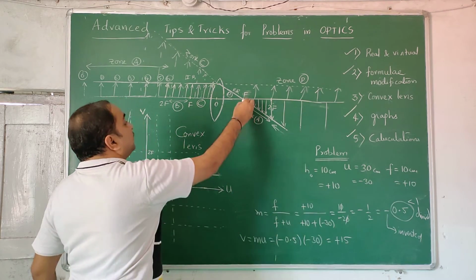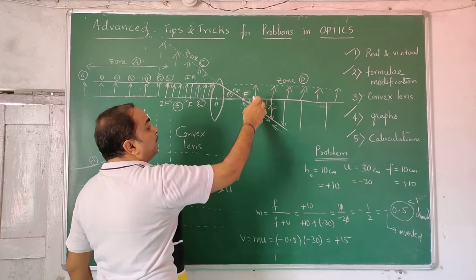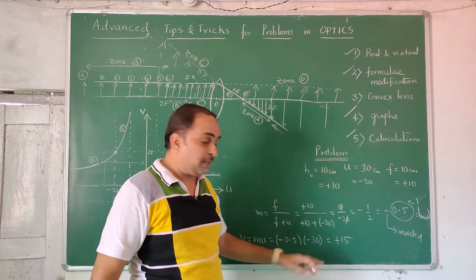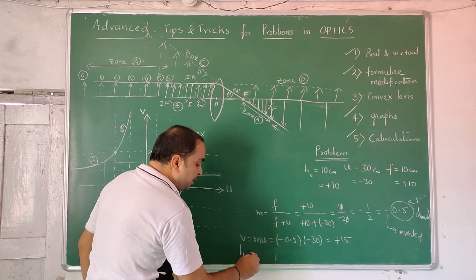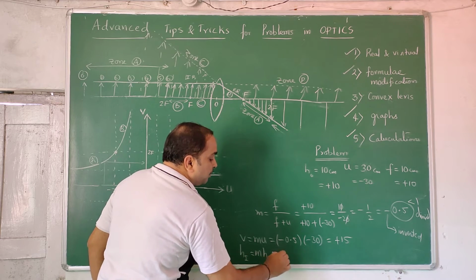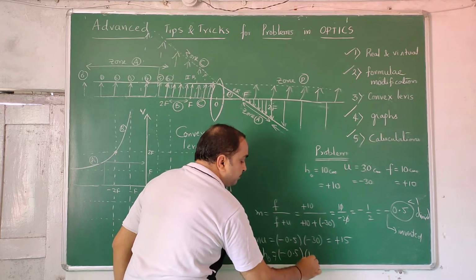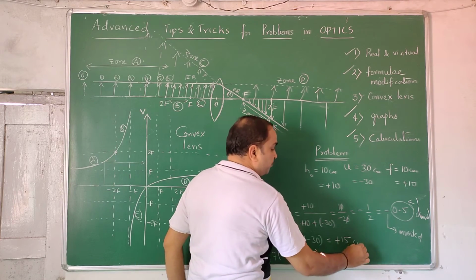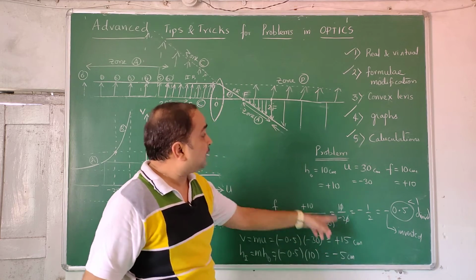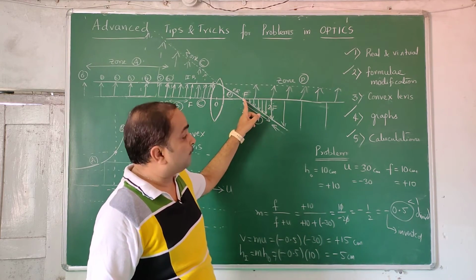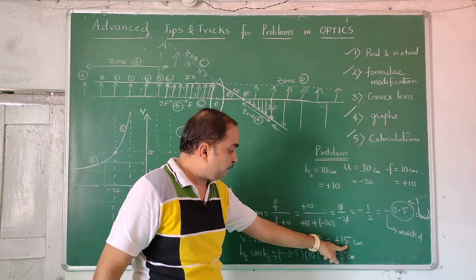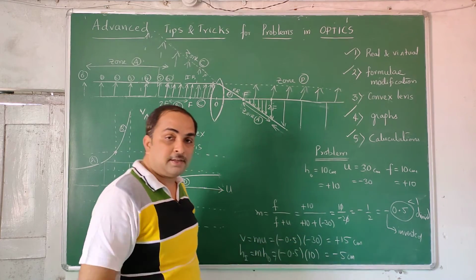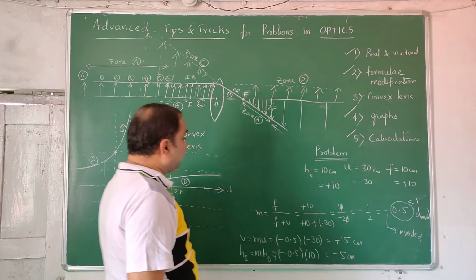You see, this is f, this is 2f. So it will come here. So obviously object distance is minus 30, image distance is plus 30. Similarly, we want the height of the image, m times the height of the object, that is minus 0.5 times 10, minus 5 centimeters. That means 15 is saying that the image distance is between f and 2f, where f is 10 and 2f is 20, in between it is there. Next it is saying the object height is 10 centimeters, image height is 5 centimeters, inverted. Minus indicates inverted. So everything we can get from this formula.